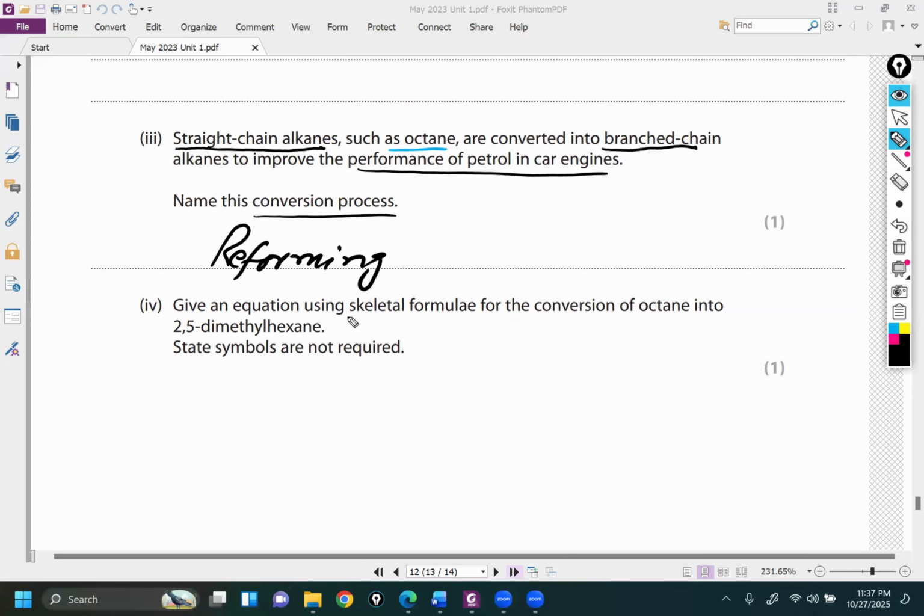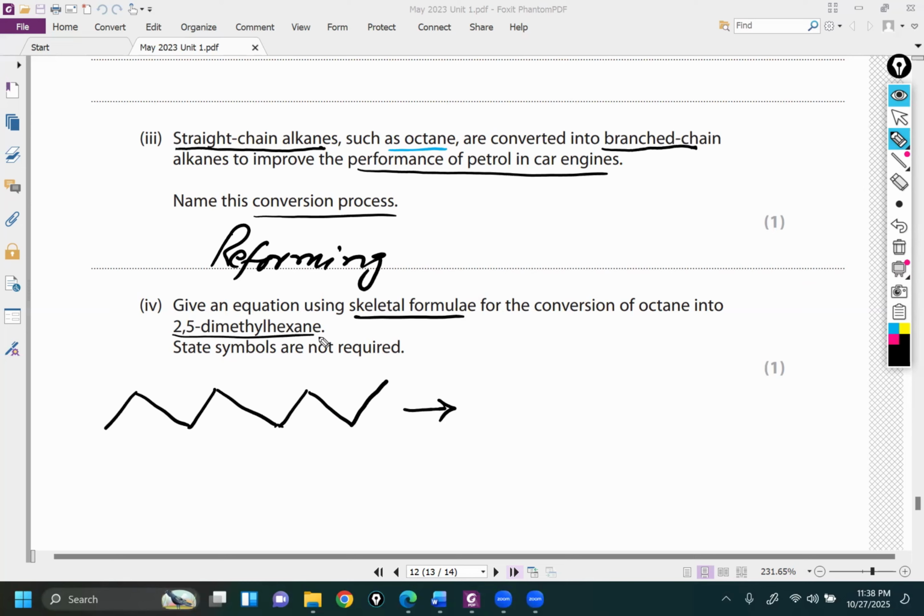Give an equation using skeletal formulae for the conversion of octane into 2,5-dimethylhexane. State symbols are not required. So first of all, you will draw the skeletal formula. 1, 2, 3, 4, 5, 6, this is 7, this is 8. Now it will change into